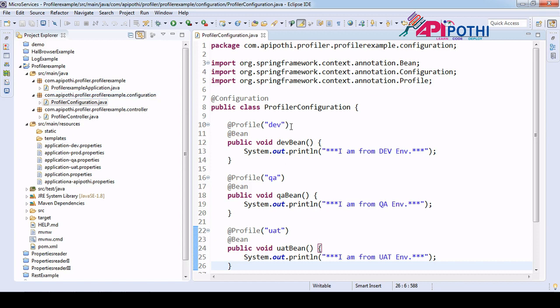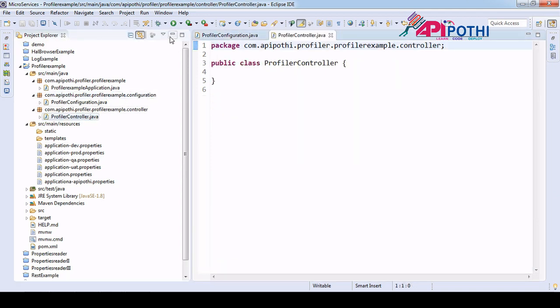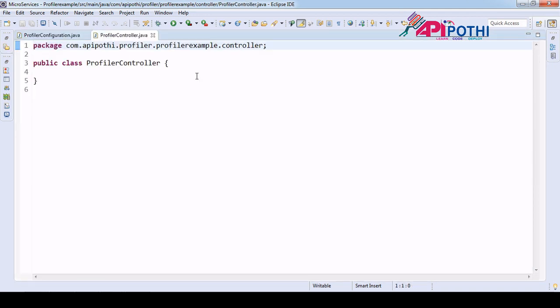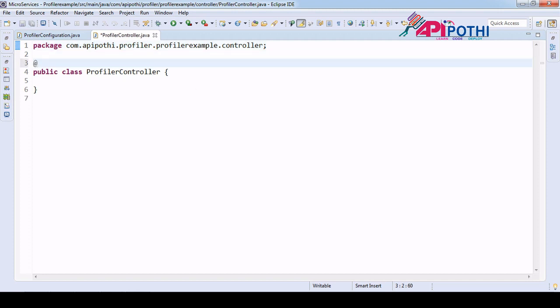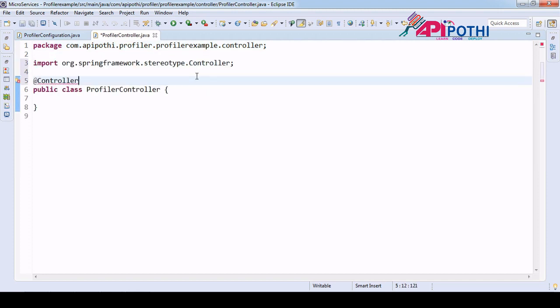Now I want to load this configuration depending upon my requirement. So in the controller, I am not interested in writing any HTTP method. When I run this code, the controller is not required. My target is that at the time of starting this application, or at startup only, my code should run.